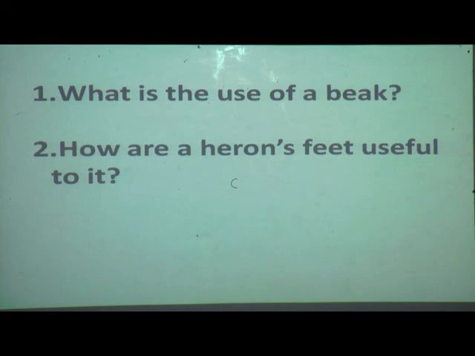Now the second question, how are the heron's feet useful? Yes, a heron's feet have long spread out toes that help them to wade through the water. Clear till here?